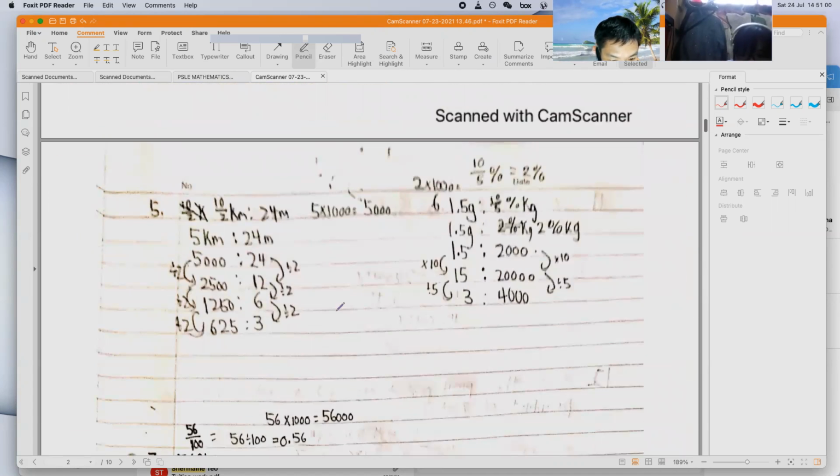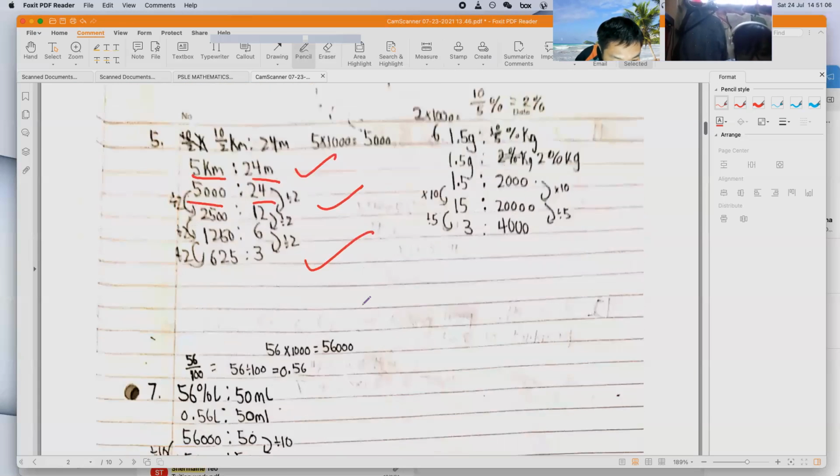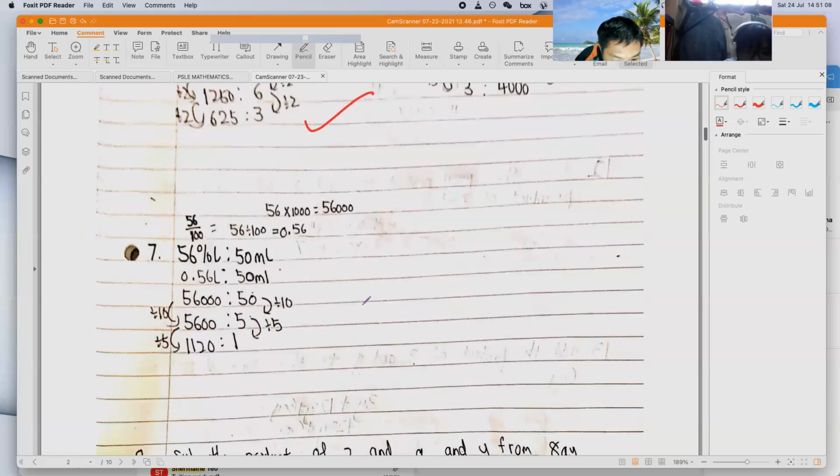Okay, next. Good. Good. This percent, change it to this one first. Very good. This one, wait, this one you change it to